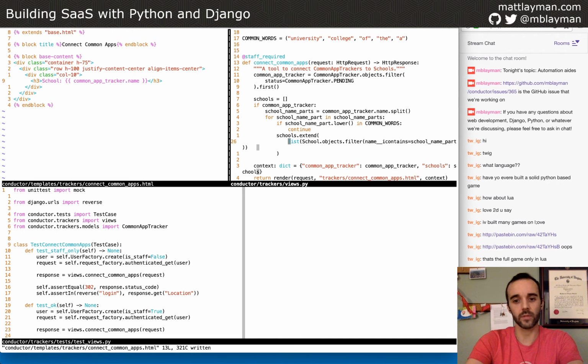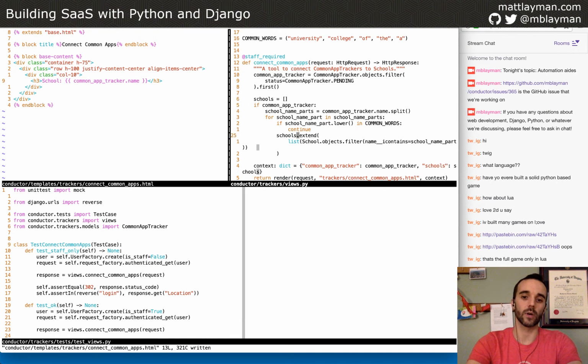So then once we have actual words that might be unique to consider, in this case Virginia, I'm doing a filter on them to say, give me all of the schools that look like they contain Virginia in the name. And it's going to return a query set, which in Django is a set that represents a query to the database. And we're going to go ahead and evaluate that into a list. The evaluation into a list forces Django to actually run the database query.